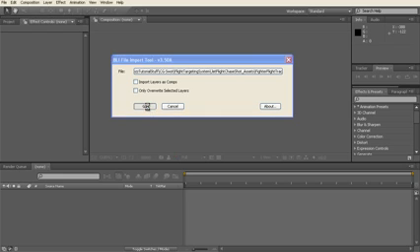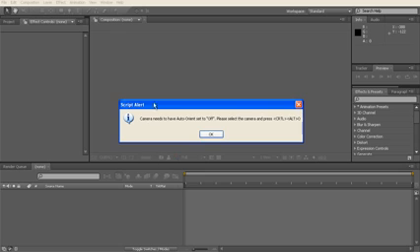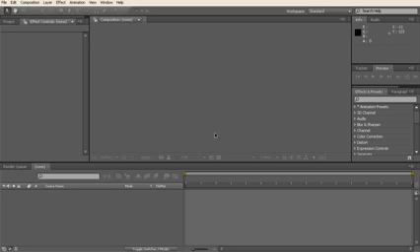So we just go, and immediately we get this little alert here, and it says camera needs to have auto orient set to off. Please select the camera and press Ctrl-Alt-O. Now, the reason for that is that we did not import a camera target. It was a free camera. If it was a camera target, it wouldn't be needed because the camera target data would come in as the